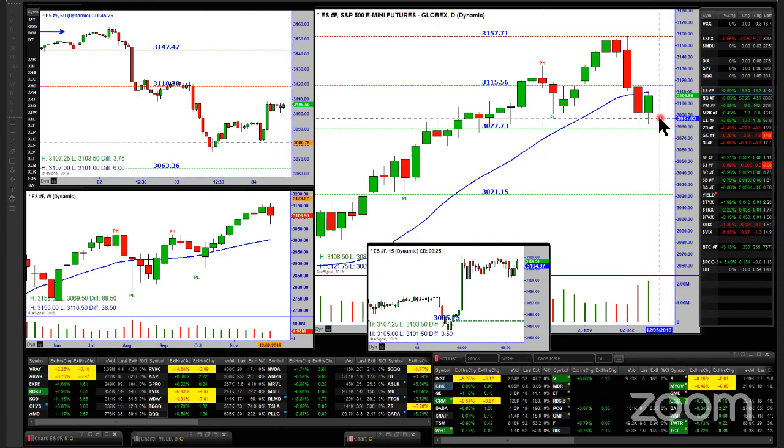You've got 3 days of consolidating. Now, I always like to throw out a few different scenarios. So what would be the bearish scenario here? Well, it rallies up here and takes out this high, but by the end of the day, it's red. And if it does that, I'm trying to draw this here with this box thing, then we'll look for a